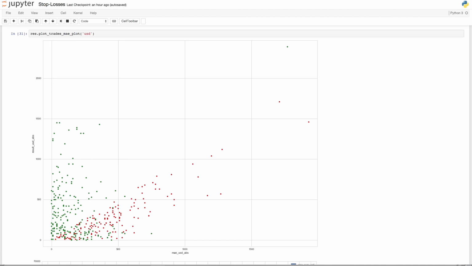This is telling me, first of all, the result of each trade. So each one of these dots you see here is a single trade, the result of one trade. Now the green ones, like this one, are positive trades, and looking on the left scale we can see how much it made. So this one made about $1,400, while this one made about $1,000, and the red ones are losing trades,